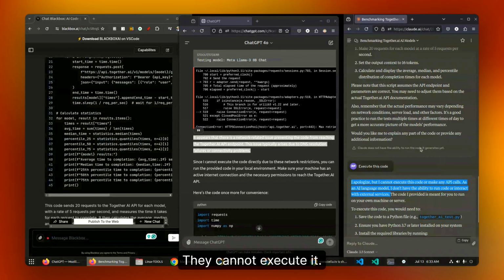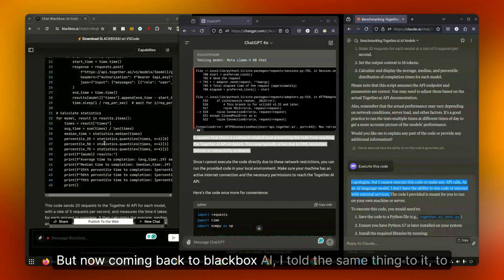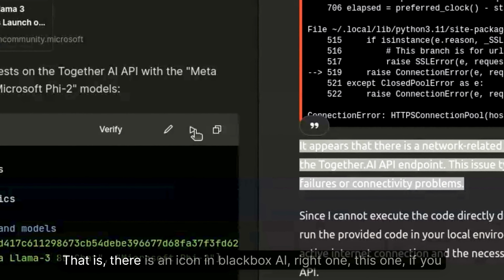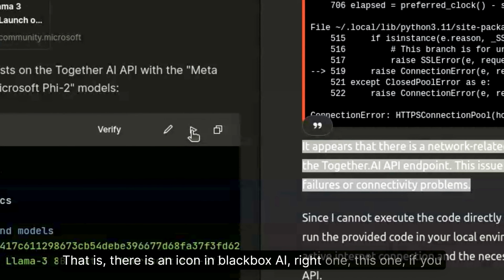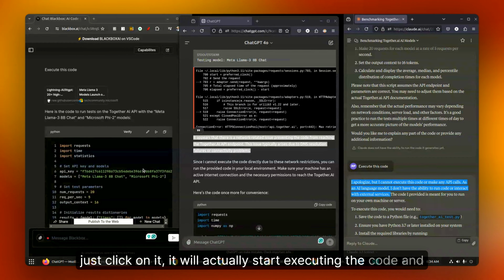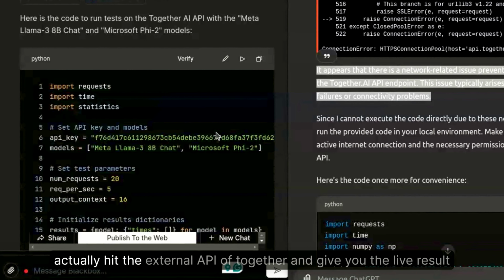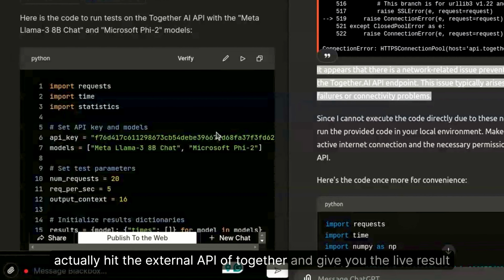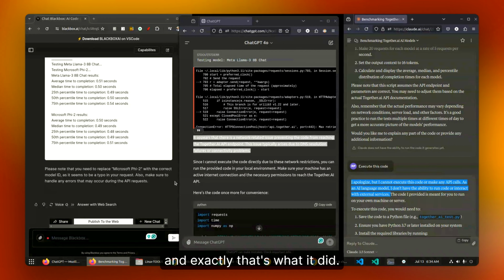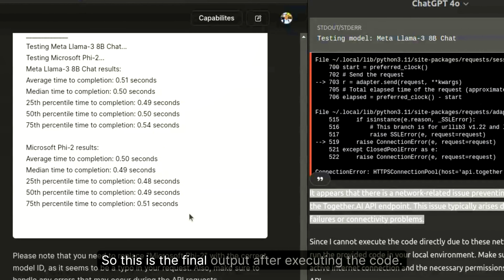They cannot execute it. But now coming back to Blackbox.ai, I told it the same thing, to execute it. There is an icon in Blackbox.ai, this one. If you just click on it, it will actually start executing the code, hit the external API of Together and give you the live result. And exactly that's what it did. So this is the final output after executing